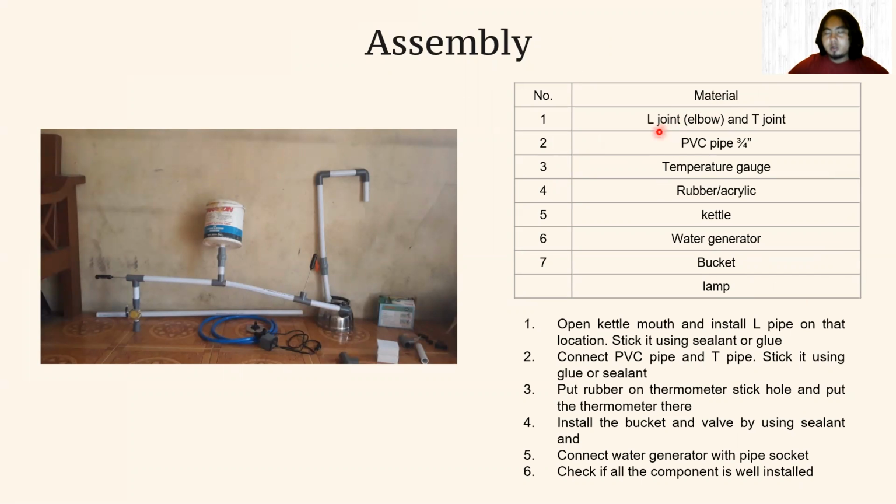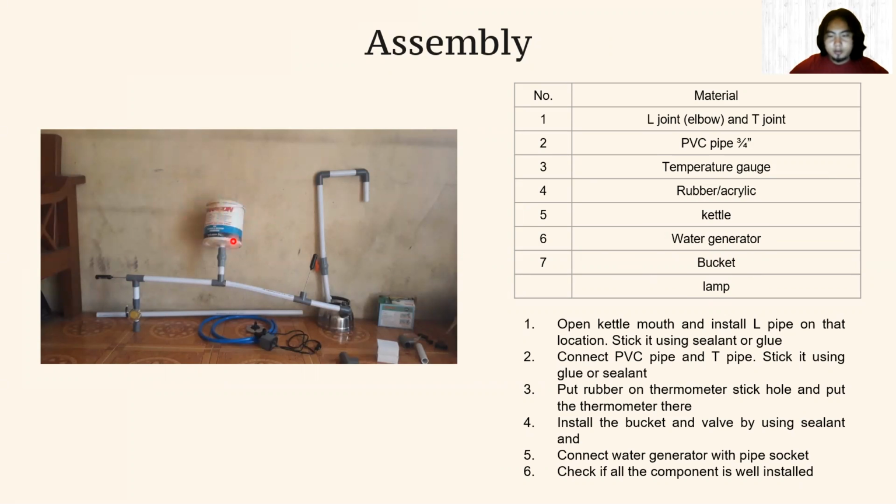And here we will need an L joint or T joint, and the temperature gauge, rubber, and acrylic, same as before, and we need a kettle here. This is the kettle and water generator. This is the zero one and bucket, and also the lamp. The lamp is installed in this water generator, and the bucket is the